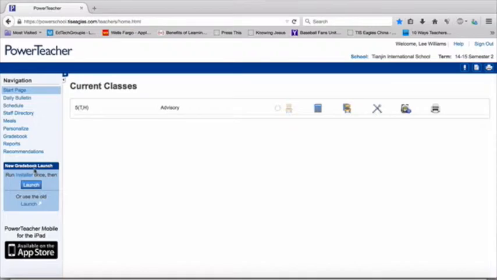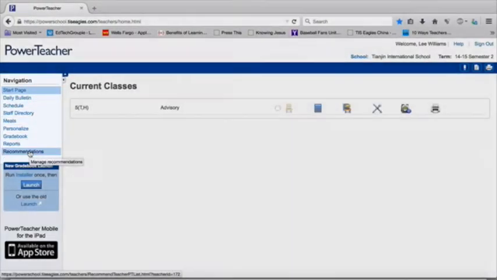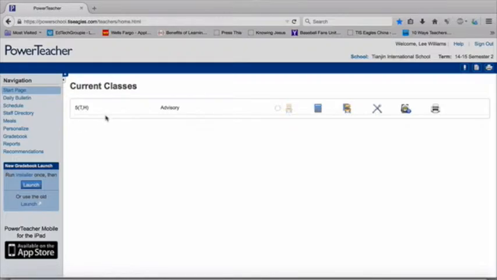So first of all, with PowerTeacher, you'll notice on this side you have the navigational panel, and we're just going to walk down this navigational panel. The first thing is your start page. On this page, you'll see all of your current classes that you're teaching. We have this one class, advisory, that I teach. In elementary, you'll just have your classes broken down, the main classes of social studies, math, science, Bible, so